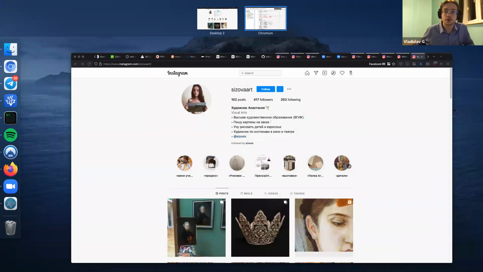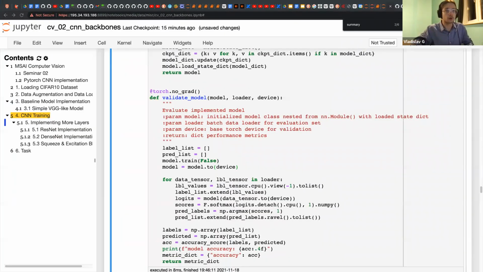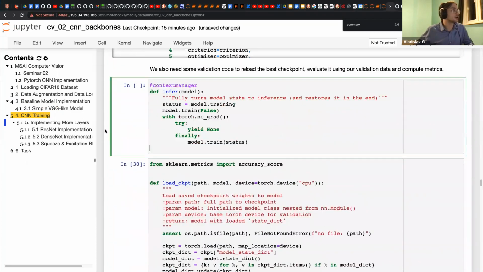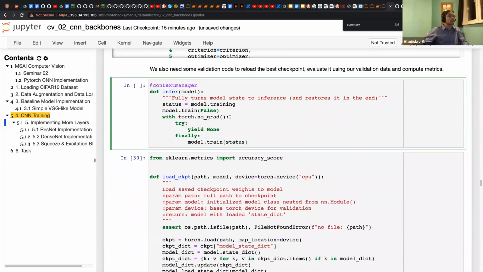Okay, not in this project, but for example here. Yeah, I usually use this context manager when I do my stuff.